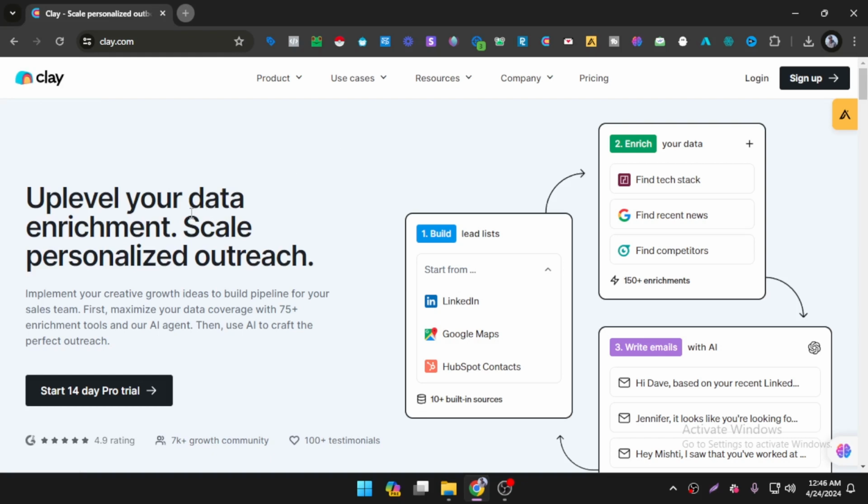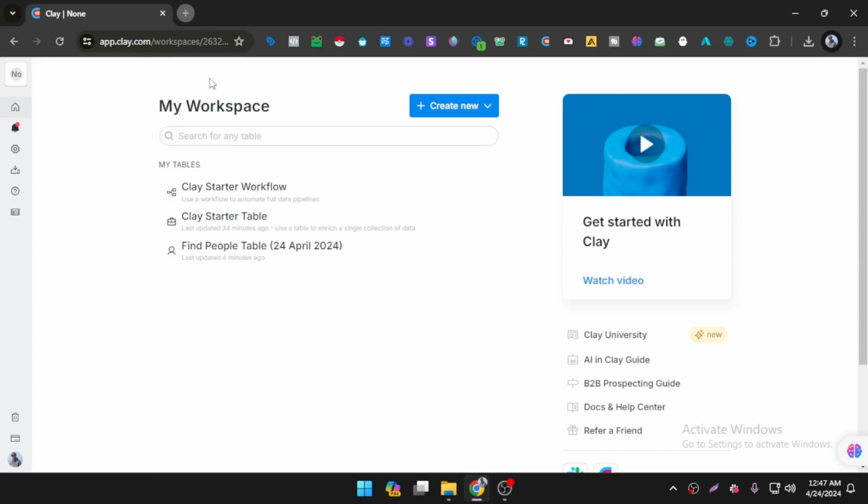So to get started we have to log in to the Clay account, but if you don't have any Clay account I will put the link in the video description, then you can create your Clay account, then you have to log in. So once you are logged in you will come to this page, and I have already scraped a